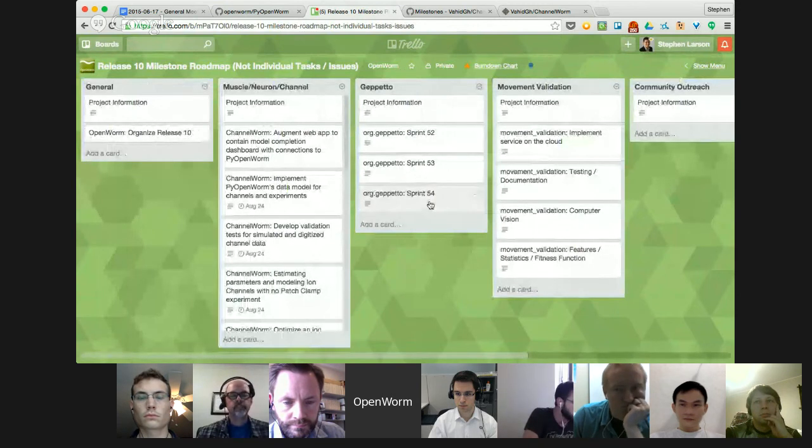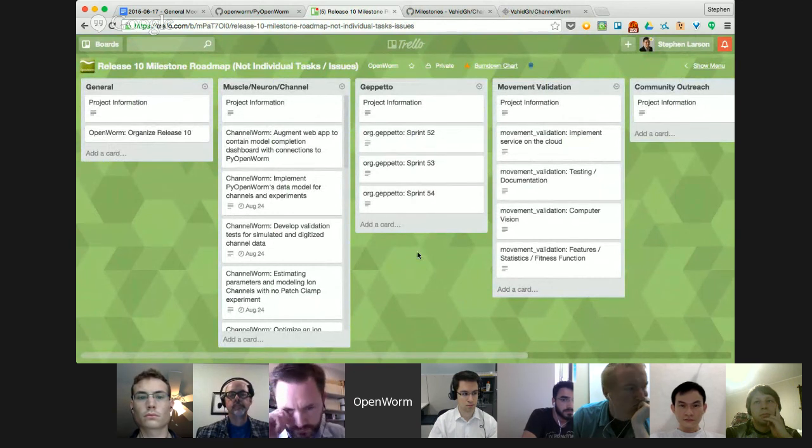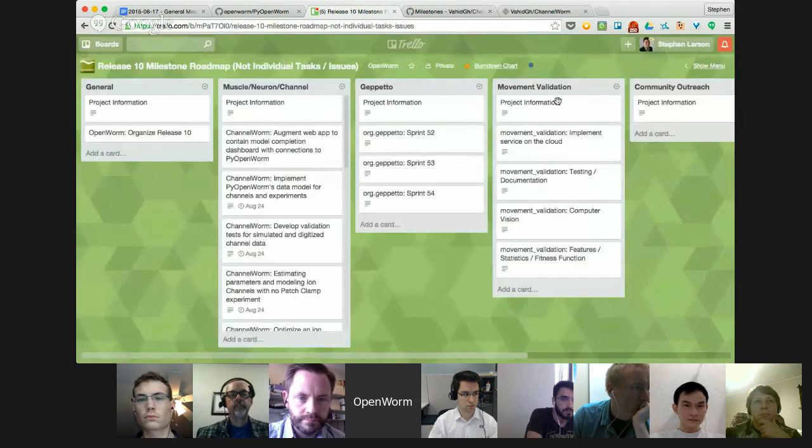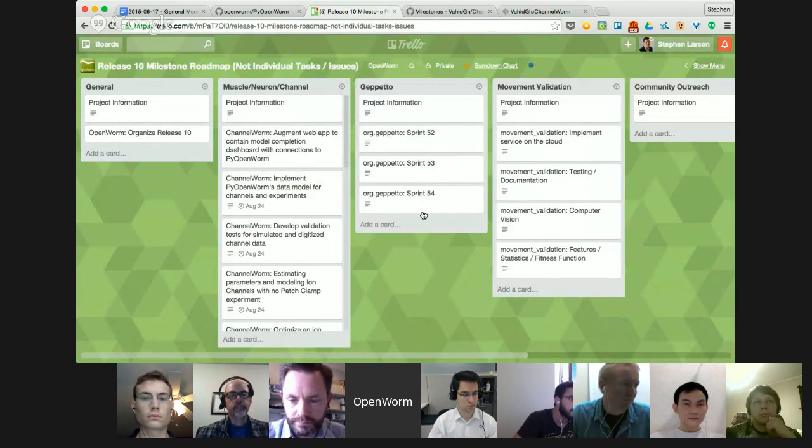Now, the only one that doesn't fit into this is Geppetto because it currently uses sprints, and so it's not descriptive, but it's a lot of stuff that's under there. There could be a way to work around that, but it might not need to. If you just link in anyway, it's going to go to the milestone, and then we can do the same thing to filter the waffle board, so you can at least see what's going on. So this isn't intended to create more work, but it's a way to do it.